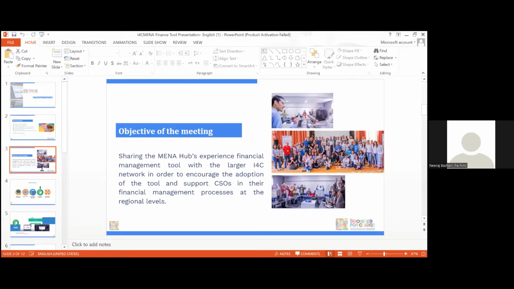Initially, the tool was developed to support the I4C partners in the MENA region in the implementation of their project in terms of financial management.